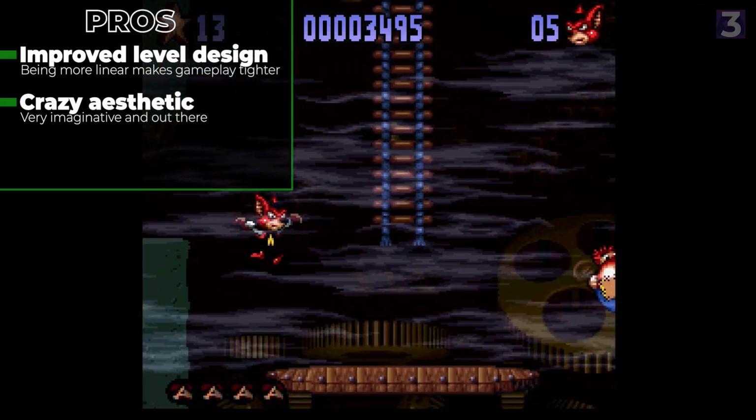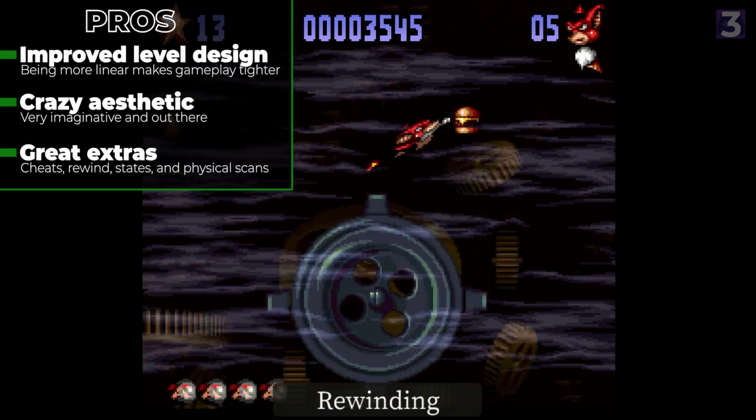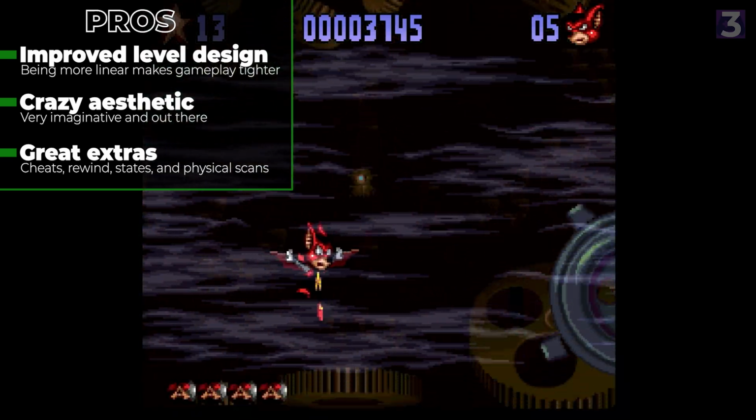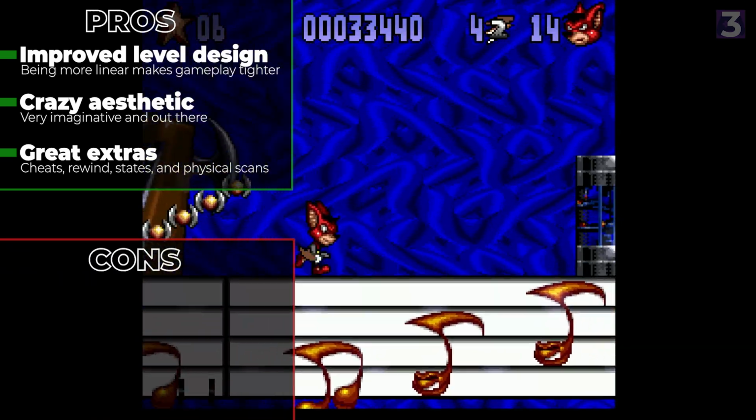And lastly, while I'm mixed on the aesthetic of Ratalaika's new retro game UI, the features here are fantastic. Usual rewind, save states, cheats, and such, but there's also tons of scans of artwork, box art, manuals, and more. When it comes to the bad, the bosses are the weak point here, as most have weird